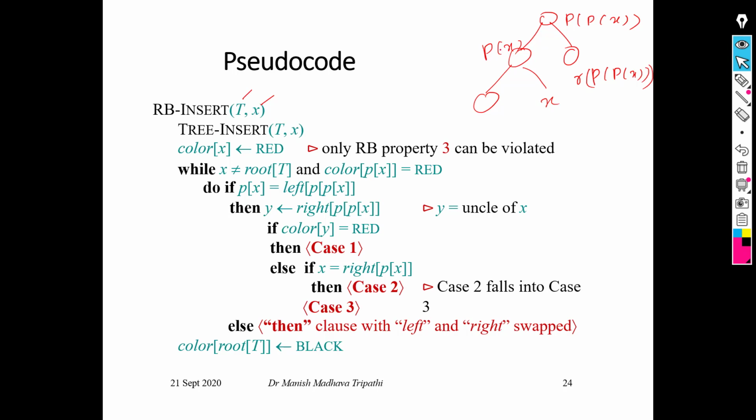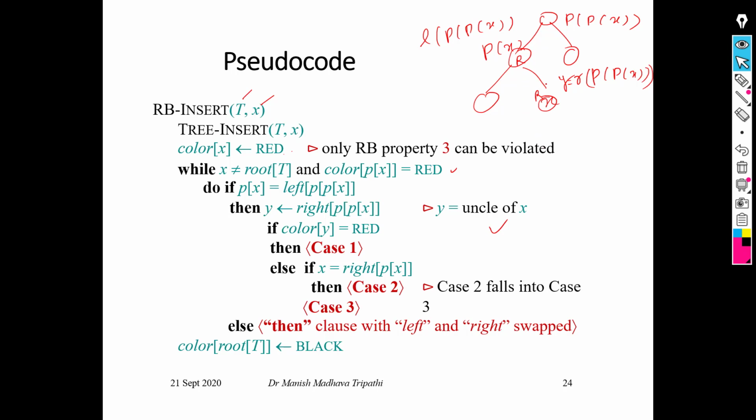Uncle is the right child, or different child, of the grandparent. In this way, the parent is the left child of the grandparent, p of x, so left child and right child can be defined. We can say it as y also. We have written this thing here also. Here we are saying that x is red, and beside x the parent is also red. This is also a red node, and x was a red node because it was the inserting node.